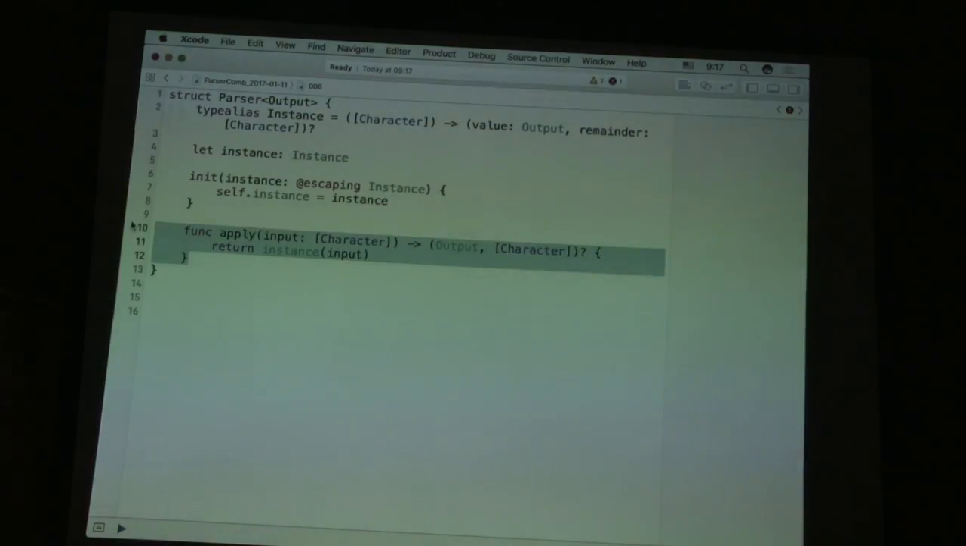So this apply method, its implementation is fairly simple. And you can see that this signature looks just like our instance. So when you call instance, it just calls into it, right? When you call return instance. Yeah, I mean, we can even test this right now. So I can say let parser equal parser